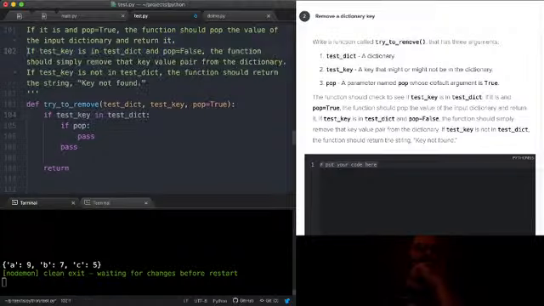If test key is in test dict and pop is false, the function should simply remove the key value pair from the dictionary. What does it return? I guess nothing. Does it just not return anything? If test key is not in the dictionary, the function should return key not found. Okay. So,